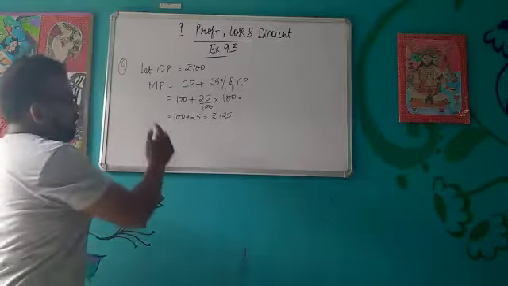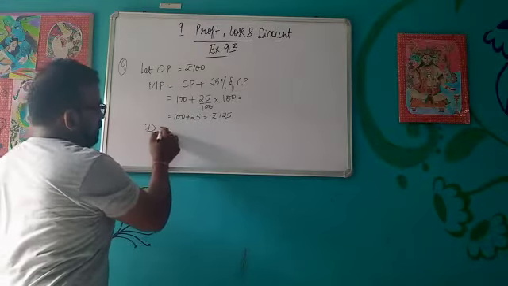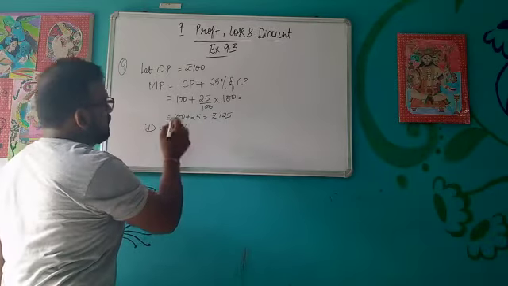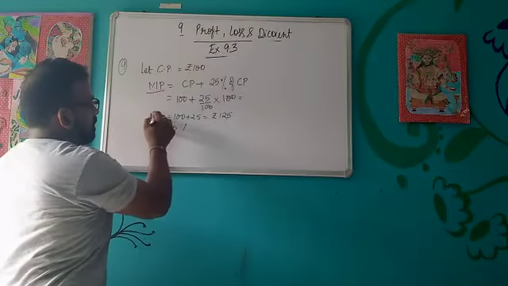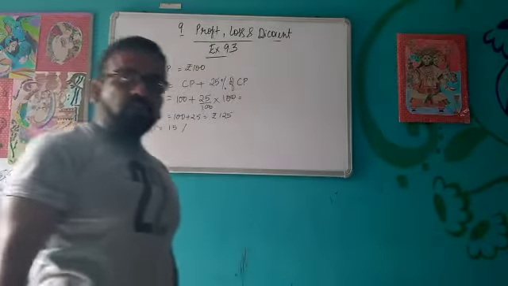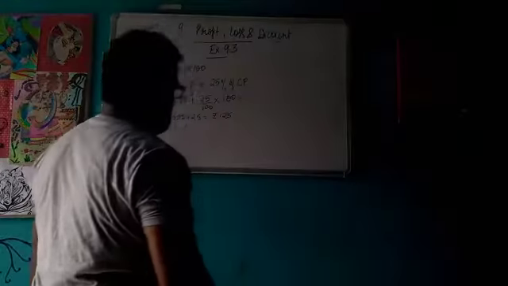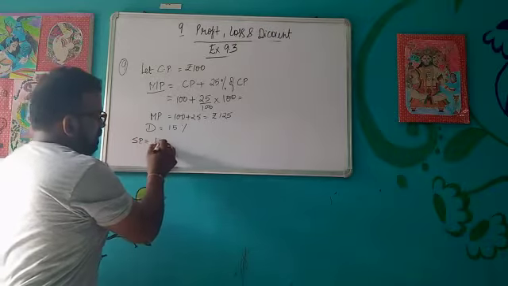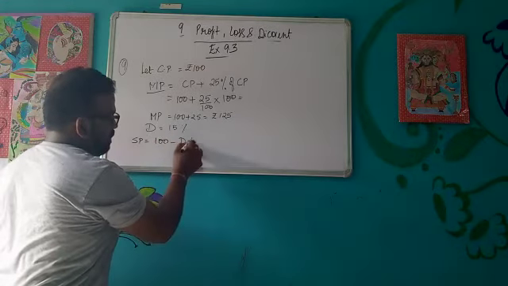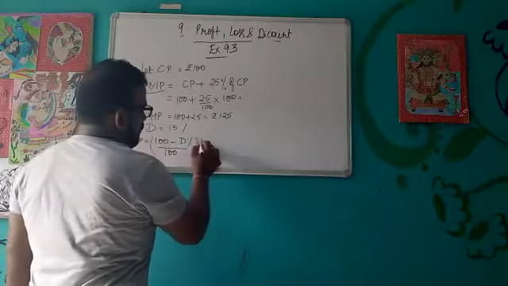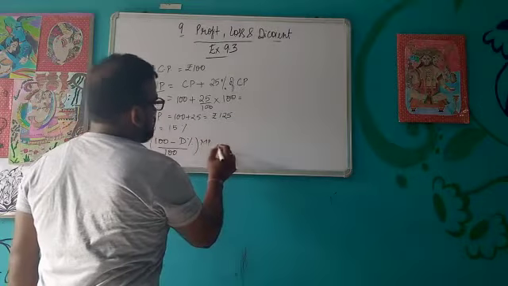Now I got the marked price, discount is there, that is 15%. So marked price is there, discount is there. What we need to calculate, either gain or loss. So first we will calculate selling price. So selling price is (100 minus D%) upon 100, the formula that we have used in many questions, into marked price.